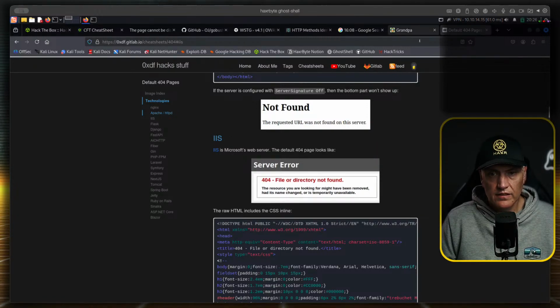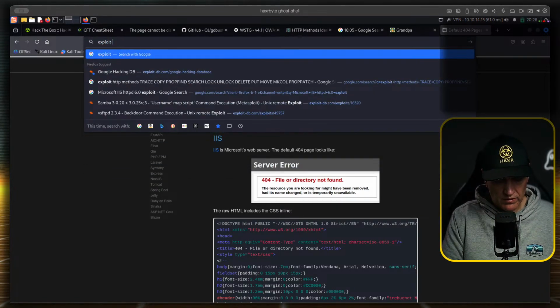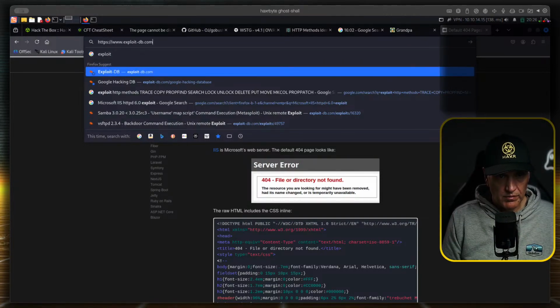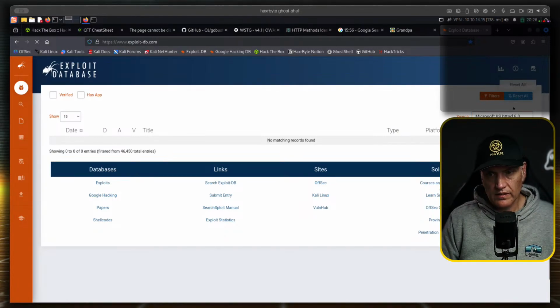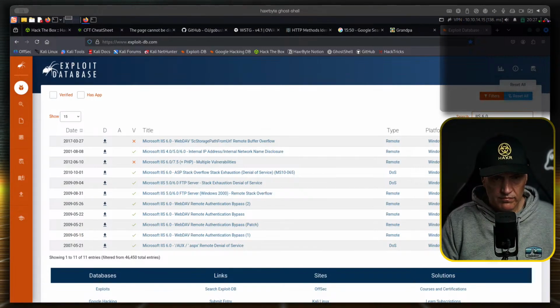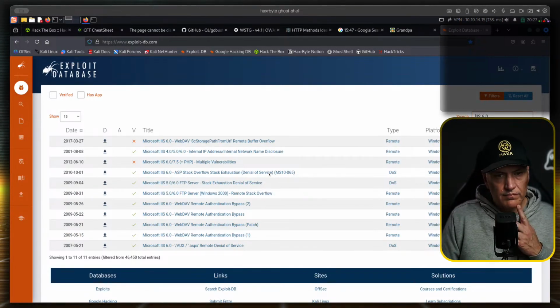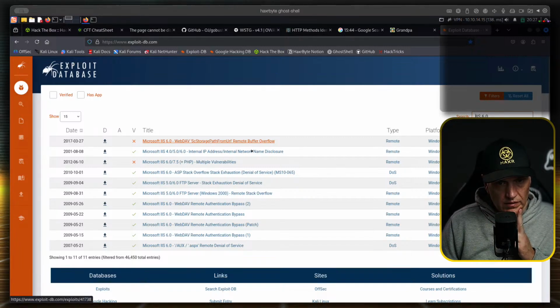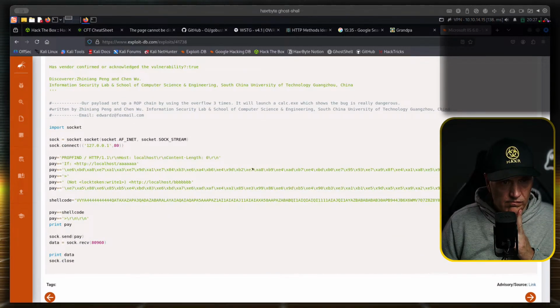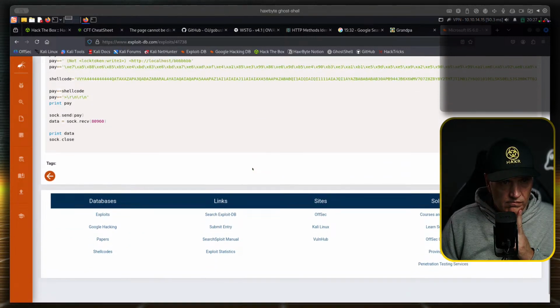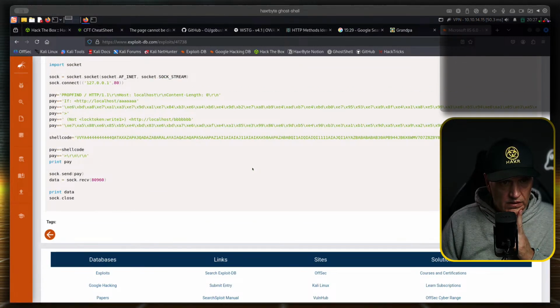What's this IIS? Exploit DB, IIS 6. Apart from your remote buffer overflow. This potentially runs shellcode.